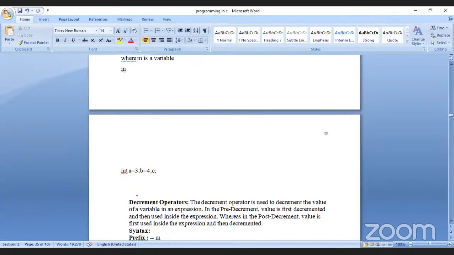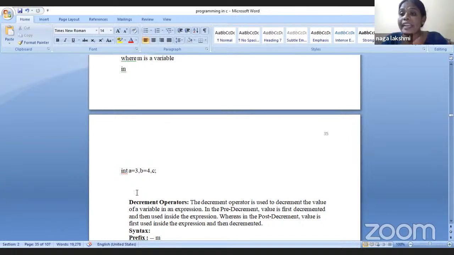Yes, ma'am. That is the only reason why data types are again divided into short int, long int, double int. If I take int a equal to 3, then a equal to 3 means within 16 bits only I could accommodate, right? If I convert 3 into binary, we get only 3 bits, among 16 bits I could accommodate, right? But for the same int, if I take long int, how many bits of memory am I going to waste? It is going to be wasted or not?